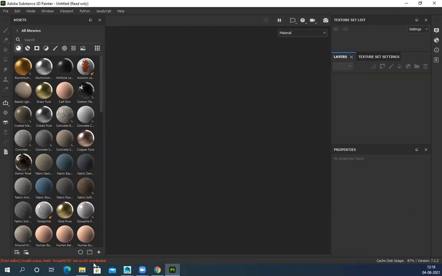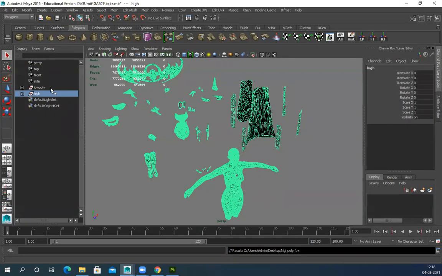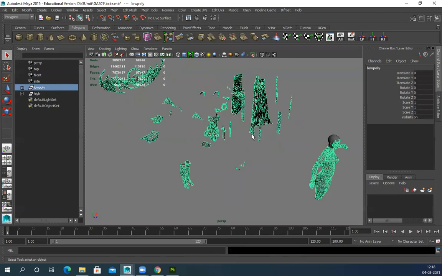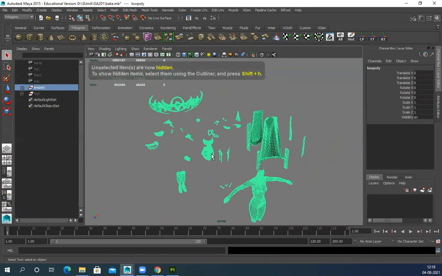It's showing some no UV. I guess some part doesn't have UV. That's why it's creating a problem. So what I can do is, I guess I missed some part for UV. So I can select the entire thing,